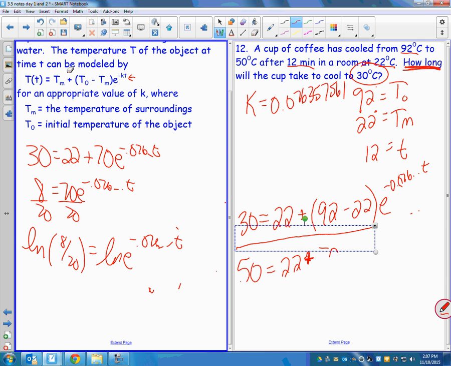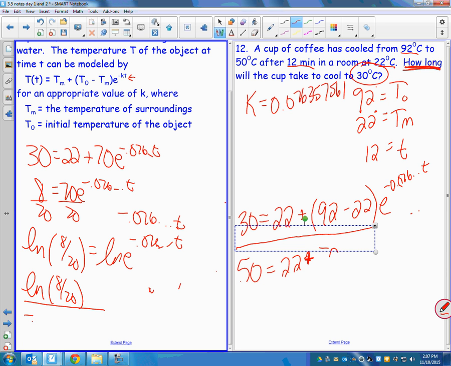Why do you have a negative by your... What's the thing right next to the t? Dot, dot, dot. Negative 0.076. I have dot, dot, dot t, because I don't want to write all my decimals. Does that make sense? So on my calculator, I'm going to take ln of 8 divided by 70, all divided by negative